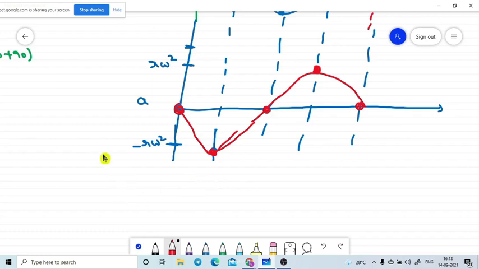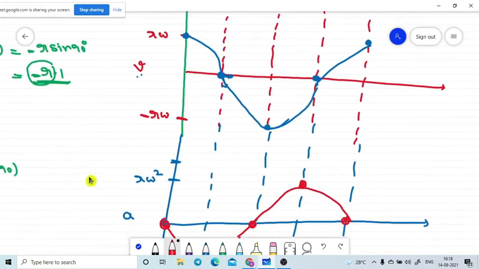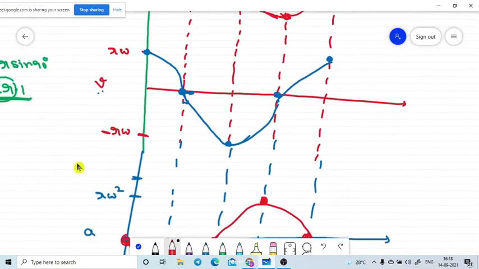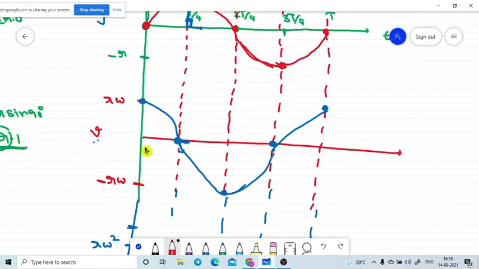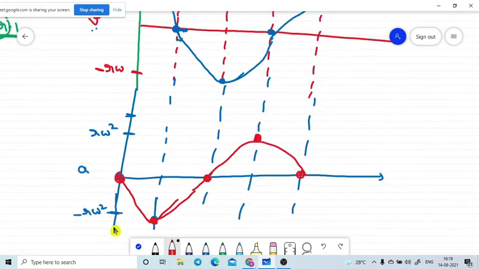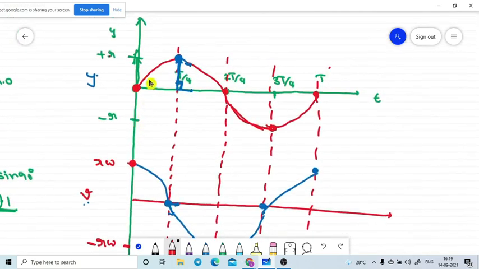They will ask this graph. They will give these graphs in your competitive exam. Will you please look at this one? At the initial state, the displacement graph has 0 only, but the velocity graph has positive r omega, and the acceleration has 0 only. But look at this: the particle is going in the downward direction, but the displacement, the particle is moving in the upward direction.